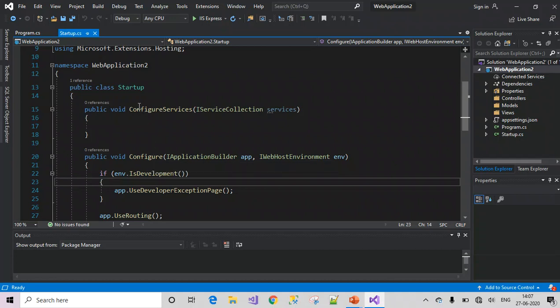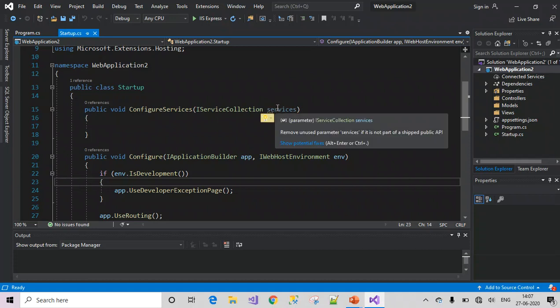So what is the use of the ConfigureServices method? This is the place where we register all the dependencies with the dependency injection system built into ASP.NET Core. Here we can add services to the collection of services, the IServiceCollection, managed in the application, so that if we want to add any MVC services, we can do so using services here. This is a reference to IServiceCollection. By making use of it, we can add MVC services to the application.